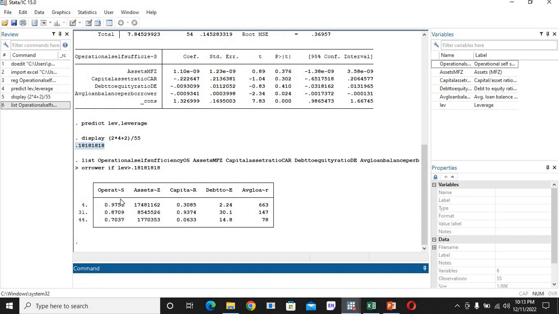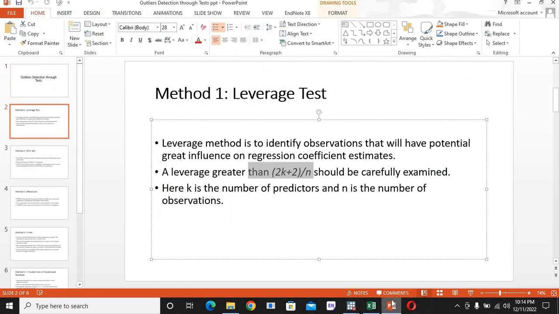Press enter, and here you can see that these are the extreme values: the 4th observation, the 31st observation, and the 44th observation, which are basically the outliers in our case. This command shows that if the value is greater than what we just calculated, then these are the outliers in our data. Let's move on to another test, which is